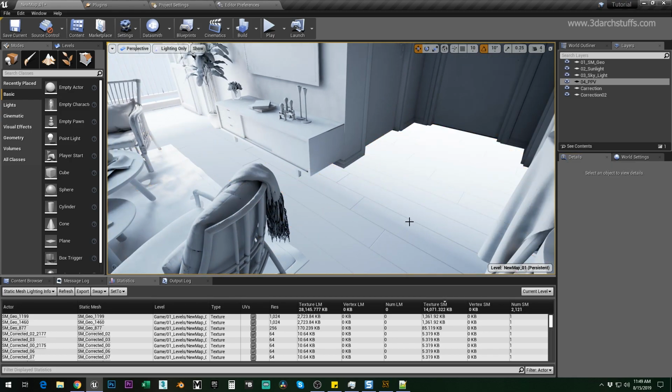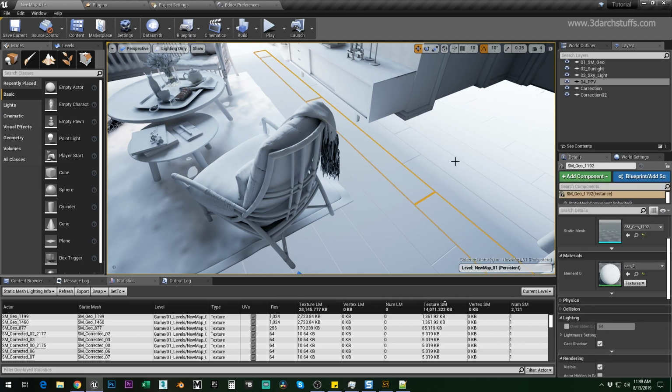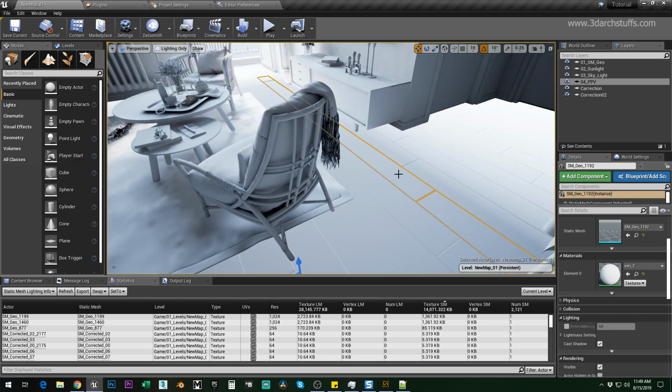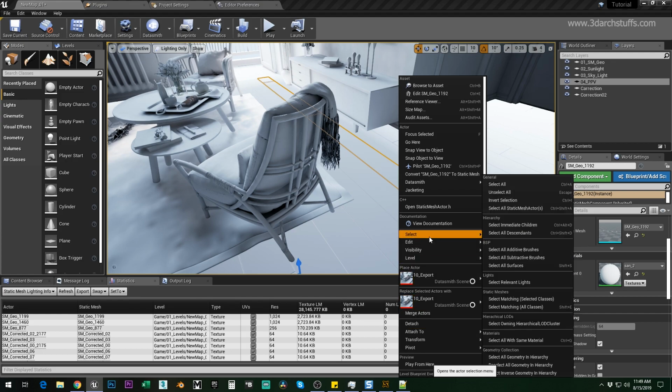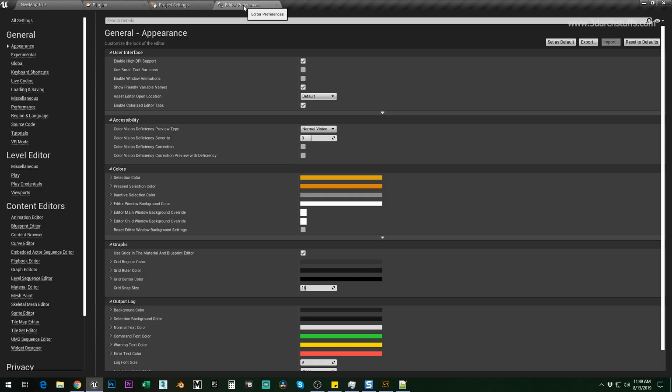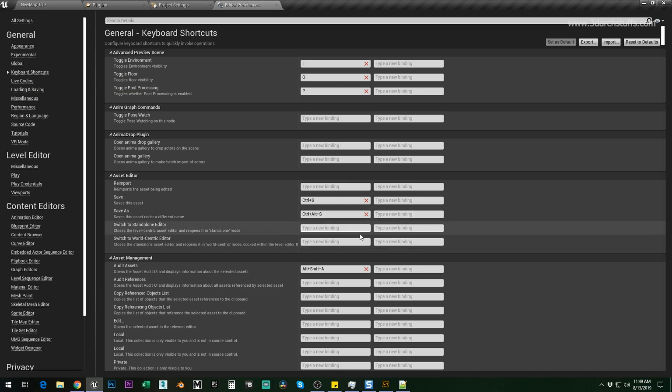And if you are wondering how I am able to select everything instantly, you just have to right click on any object you want to select similar to, then go inside Select, and then in Materials choose Select All with the Same Material. I have put a shortcut Control Q, and in Max it's called Select Similar, and I have given that same keyboard shortcut in here. I want to show you, so I will just go ahead and show you. There is a keyboard shortcut, and then you will see here